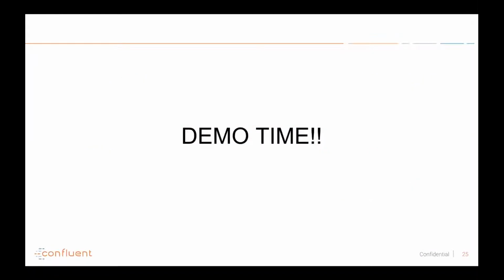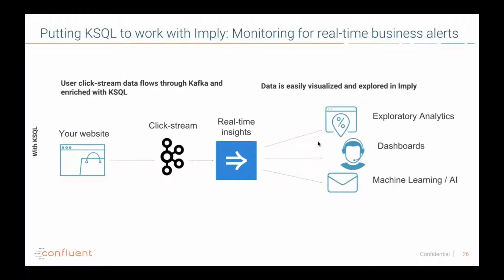So Josh, I'm going to hand it over to you to talk a little bit about what we're going to show everybody about how the stuff works together. Effectively, what I talked about in the KSQL query, we're just going to show it live, and hopefully the things work because we all like live demos. So we have clickstream data running right now. I have a clickstream data generator running, sending data to a topic, and then I'm going to run some KSQL on top of it, show you how to do joins, and just show you how to inspect the data in KSQL. And then Rachel's going to pick up that data and show how easy it is to integrate Imply or Druid to Kafka, and then show the awesome stuff you can do in Imply.